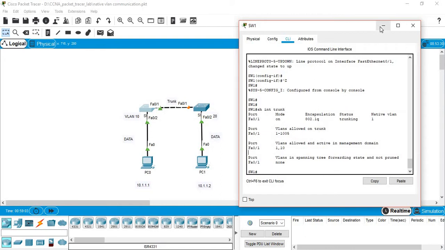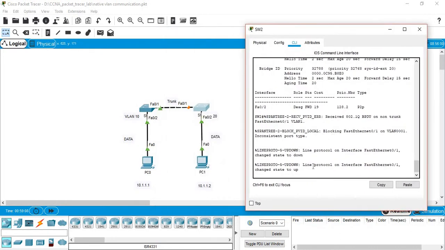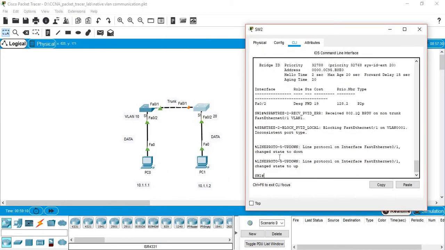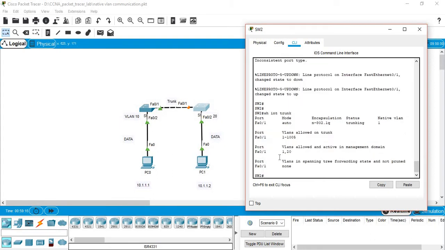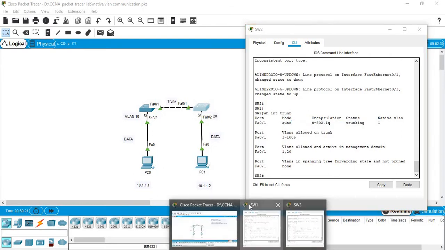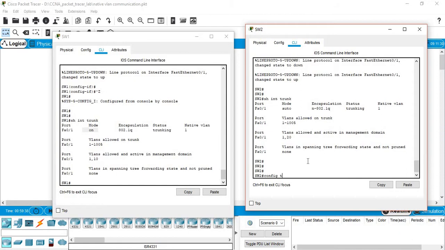So we can check on the other end on switch 2. This port has become up. We can check if this port is in trunk mode or not. You can see the mode here is auto because on the other side we have just enabled the trunk, and the mode is on because we have manually made it trunk. On the other side it is auto, it is negotiating, N is for negotiating, .1q encapsulation, and it is also in trunk. So we don't need to make it a trunk, but it is always recommended to use the manual method on both sides.